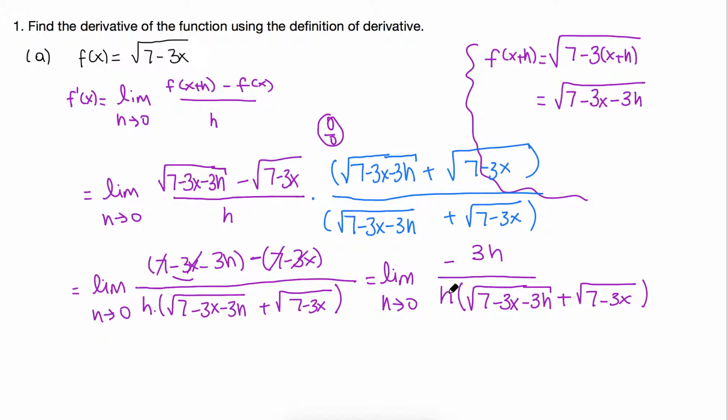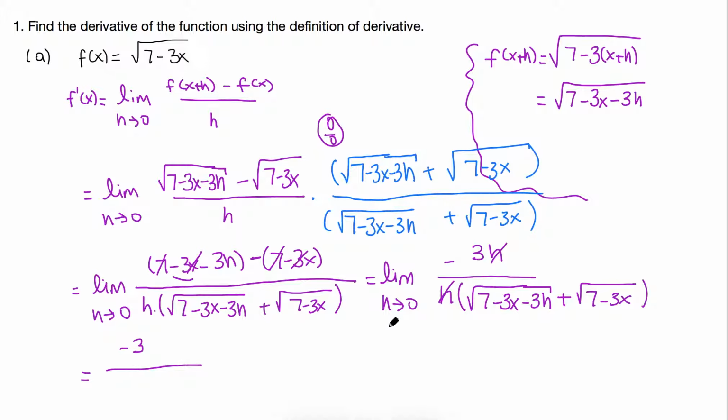Okay, now I have h here, I can simplify those h's, and remember those h's were the reason for the indeterminate form. Now we should be able to evaluate the limit at h equals 0, so we're going to go back to the expression and replace h with 0. So we have negative 3